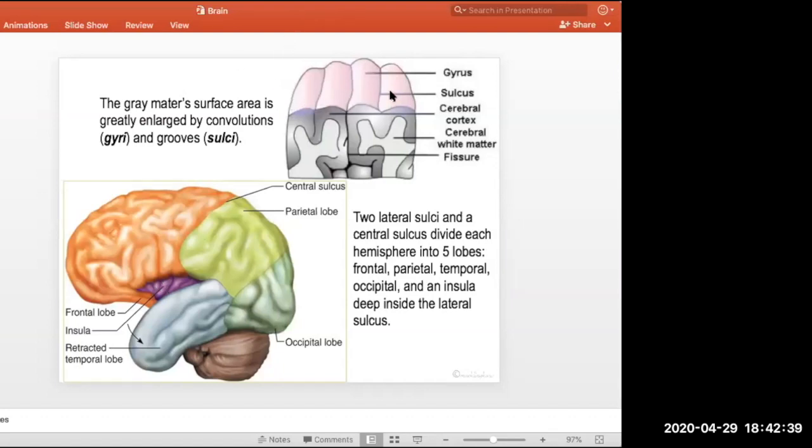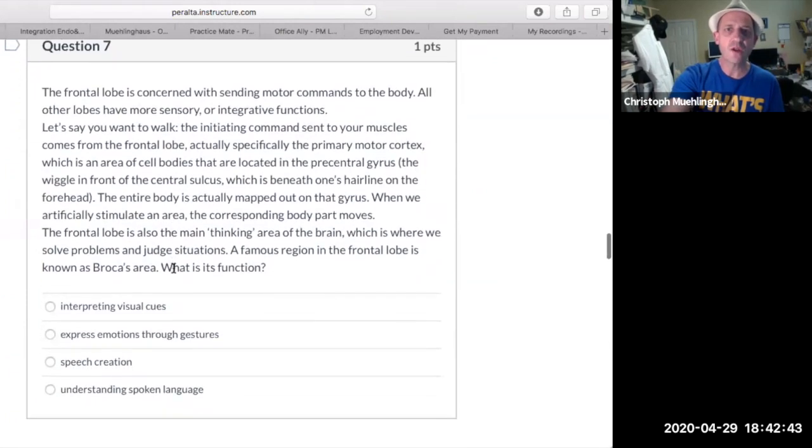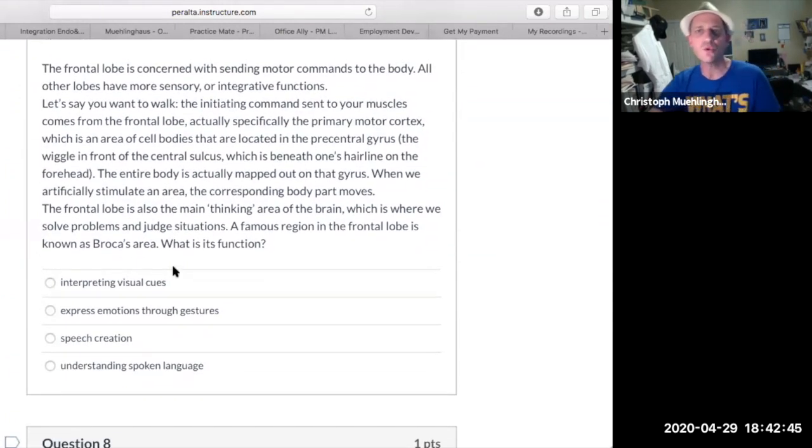Okie dokie. Next, the frontal lobe is concerned with sending motor commands to the body. All other lobes have more sensory or integrated functions. Let's say you want to walk. The initiating command sent to your muscles comes from the frontal lobe, actually specifically in the primary motor cortex, which